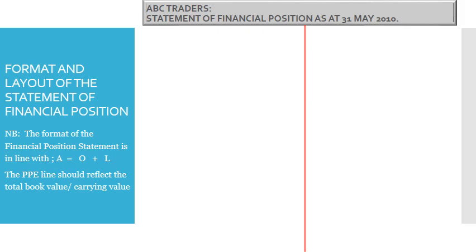The format of the financial position statement will be in line with the accounting equation. In presenting the statement, the heading should clearly reflect the name of the entity, the name of the statement, and the date on which the statement is presented. In this example, the name is ABC Traders, Statement of Financial Position as at the 31st of May 2010. Starting first with the asset side of the statement,